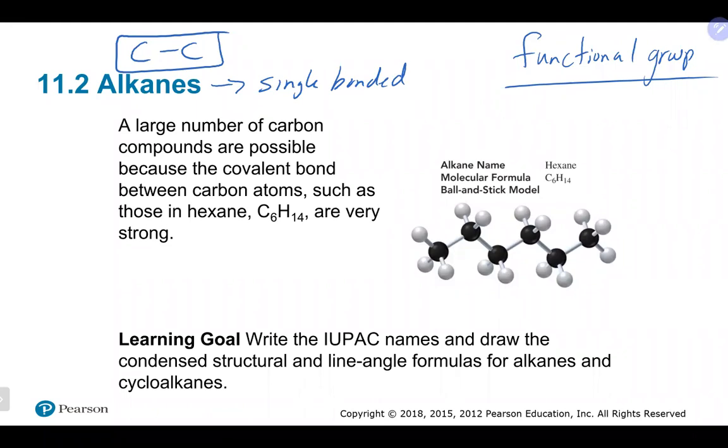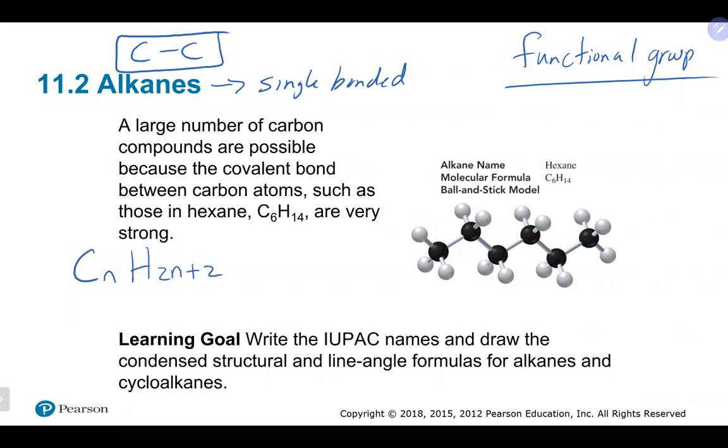The other important part is that we're going to talk about reactions and how these things react. Pretty much all reactions occur where the functional group is. The functional group is always the part of the molecule that's really important, where pretty much all the activity occurs. Now, alkanes have a general formula of CnH2n